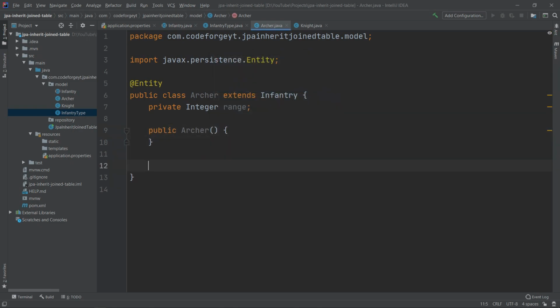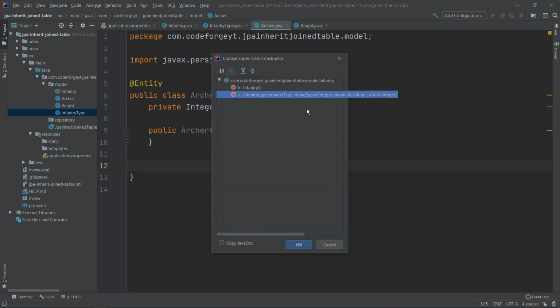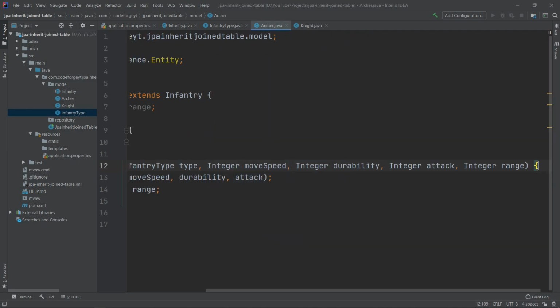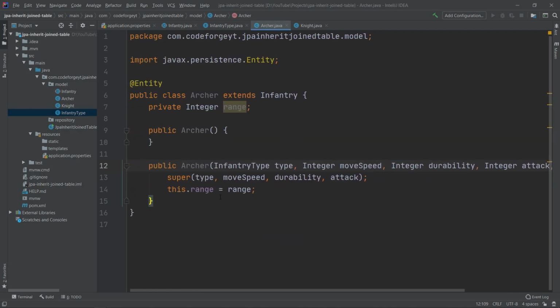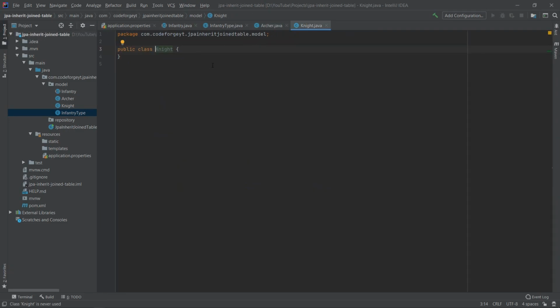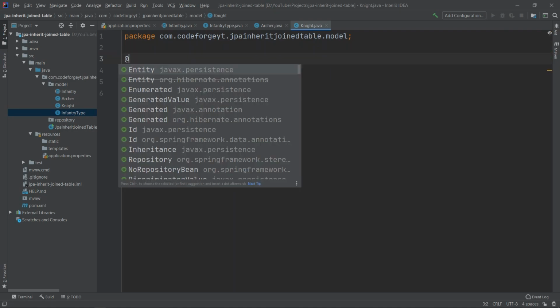So here's the default constructor, and we will have to generate the constructor for the superclass and for our range field. So it will look like this. In the first place, we are calling the constructor from the superclass, and later on we are initializing our range field. Now let's move to the knight class, and first of all we want to annotate it with the entity